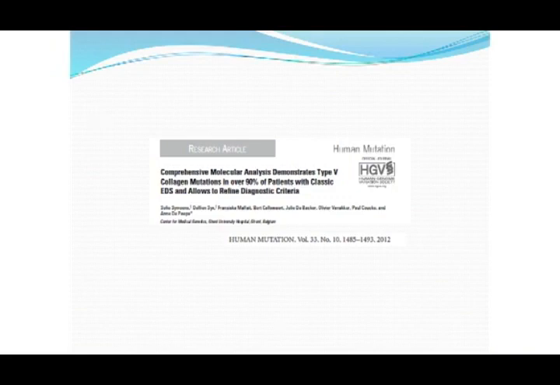Now, also from Dr. TCAPP's lab is this analysis, which is very interesting. This was published in Human Mutation in 2012. And they found that if they very carefully defined the classic type of Ehlers-Danlos syndrome, they were able to find type 5 collagen mutations in over 90% of the patients. So just to give you a little bit of the history of how the classic type initially came to be defined,